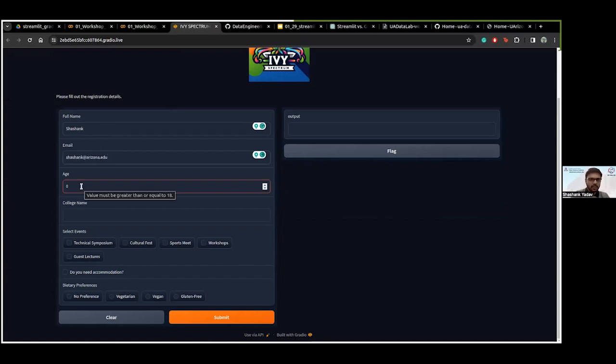age. Let's put 0. Buffet, then I want to go cultural fest, sports meet, yes, and then yes. Yes, and then I do submit. Okay, it has to be at least 18. So that's like a check built in. Yeah, so now it says thank you for registration, and then it creates a unique ID which is associated with